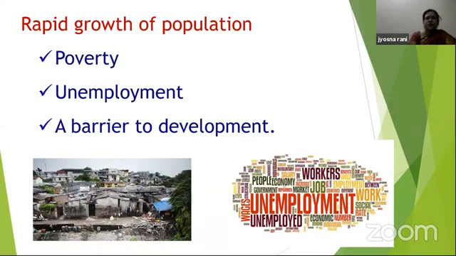Why are we calling rapid growth of population a barrier? In India, the country's existing population is an obstacle to economic development, considering the available utilization of resources and the level of technological progress. Further, the growth of population will result in an additional burden on the economy, in the sense that it will make a larger demand on resources for unproductive purposes. Hence, rapid growth of population is a major constraint on economic development.